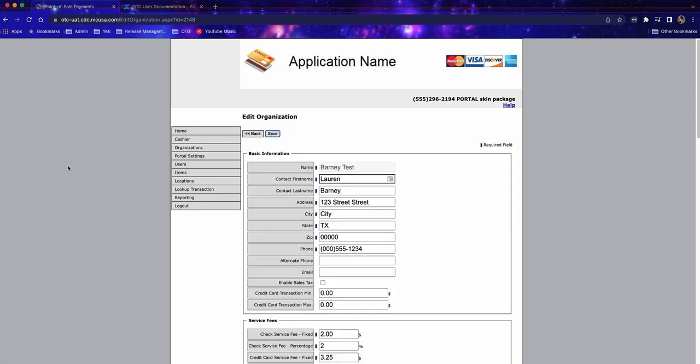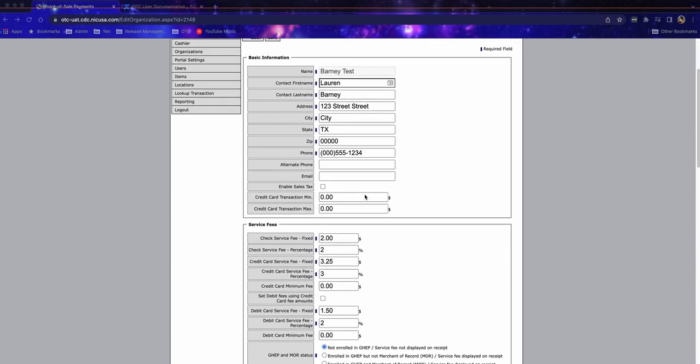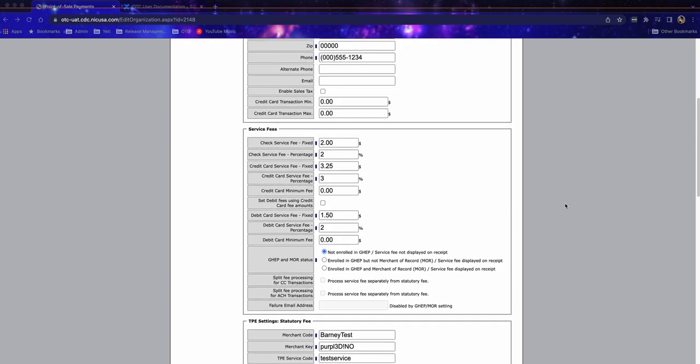And this is what an organization admin would see when they go to this tab. From here, any edits that we make will affect the entire organization, which would include any locations within it. So we can change the contact info for the organization, adjust transaction minimums and maximums for credit cards, configure service fees,